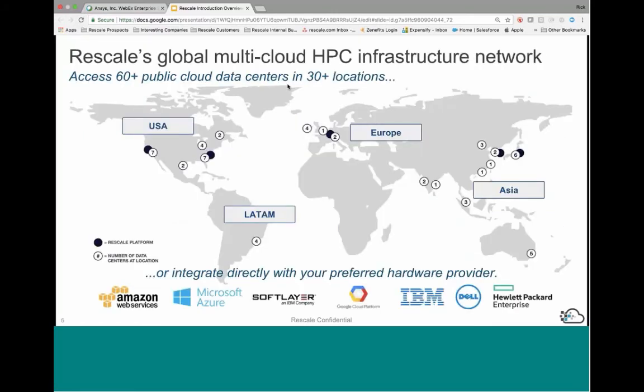We take advantage of many data centers spread throughout the world, and this allows location-specific support, and also to tie it closely to the source of the engineering work that's going on to minimize network traffic and for latency reduction.